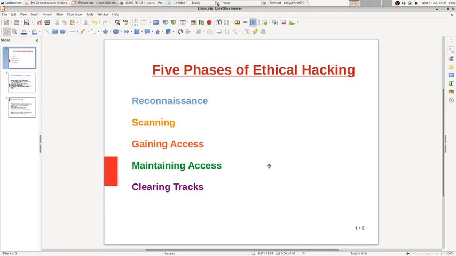And the last one is clearing the tracks. What is clearing the tracks actually? The main thing is, when you are doing an ethical hacking assessment, you normally create some accounts on Active Directory, or you write some scripts to gather more information, or you create some scheduled tasks or maybe some scripts to maintain your access to the environment of the companies. So these are the 5 phases we will discuss in the next 5 videos, but in this video we will discuss only